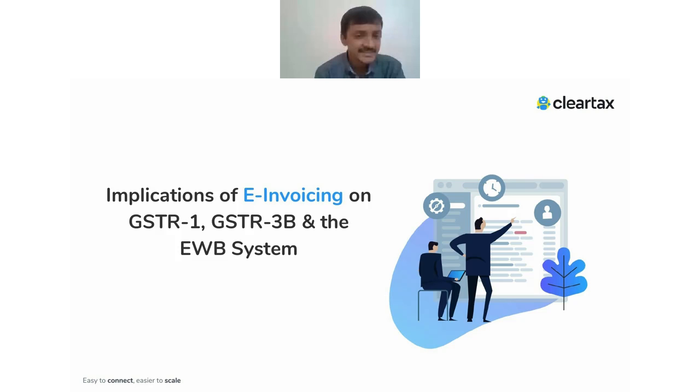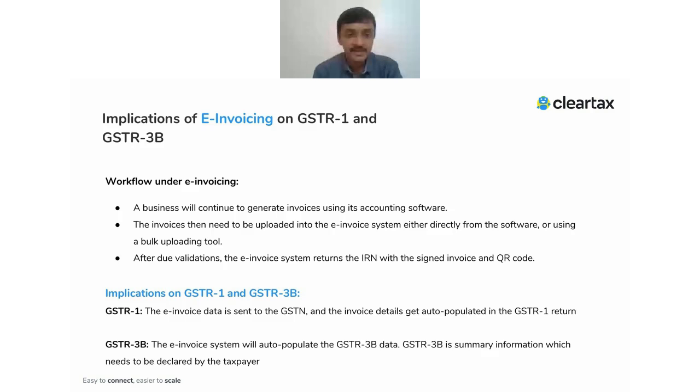So these were the possible challenges and how to deal with those challenges, which we took up in a simple way. So next would be the implication of e-invoicing on GSTR1, GSTR3B and the e-way bill system. I have already explained the workflow of e-invoicing: raising an e-invoice in accounting, pushing it to the IRP and getting back the IRN number. The other thing is, from August month itself, you would have seen this already,